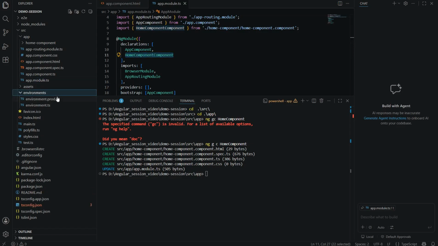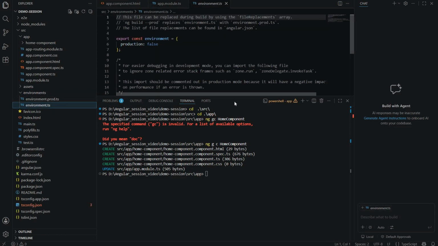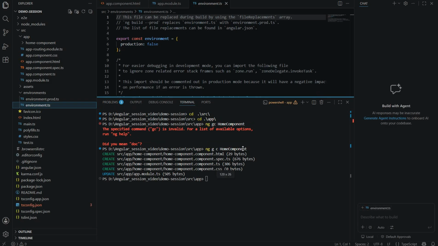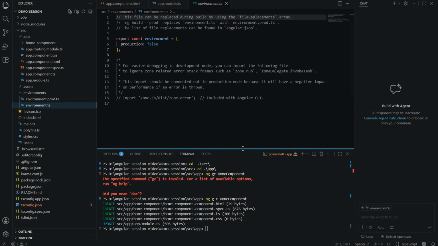And guys, this environment.ts file is something which is going to keep the information related to your API. If you are going to consume any API, then this file needs to be updated with the key and its value, and that will be common, and we can use it in any service. So guys, this is the complete flow of what dependencies are required to install before starting or creating your Angular